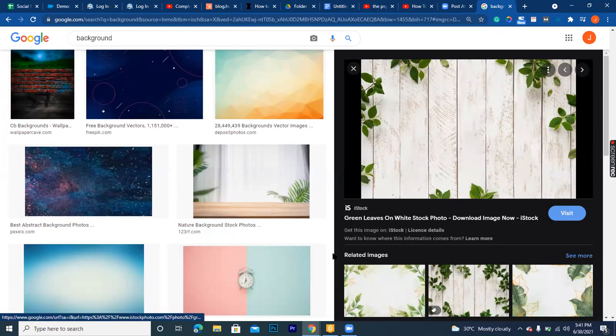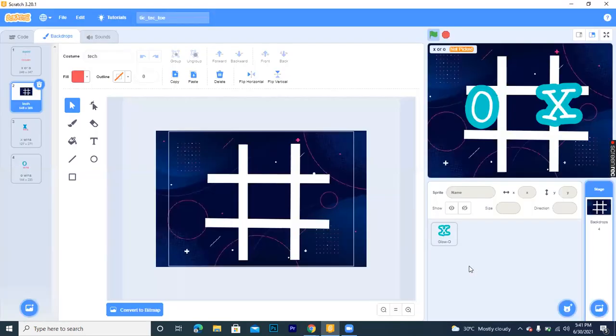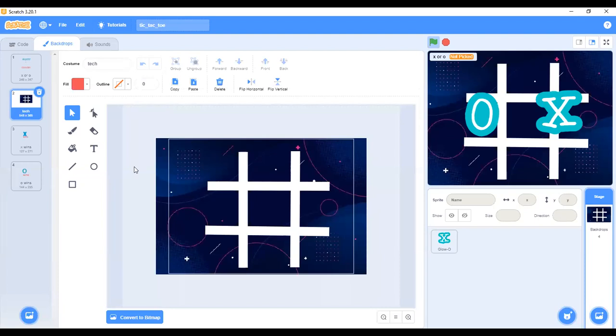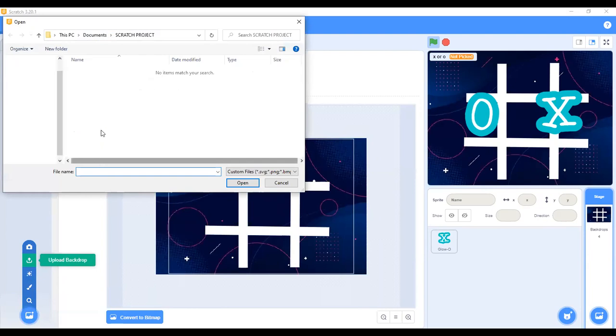So let's go back to our Scratch now. I downloaded a background. I believe we all know how to import backgrounds, right? Yes, please. So when I downloaded a background, I drew this shape in the background. It's not a separate sprite. As soon as I imported my background, I just see here.